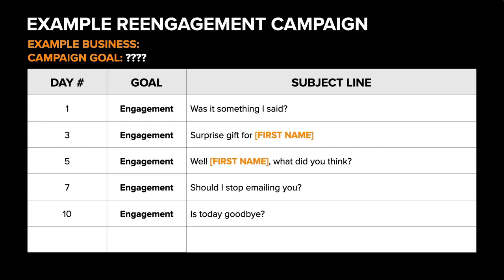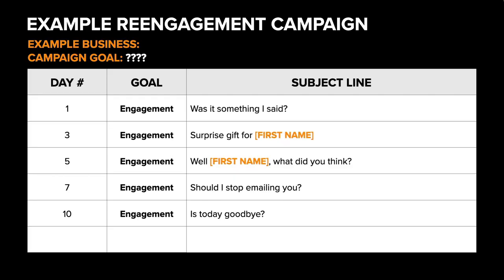is, was it something I said? Right? Let's now get like, what did I do? Let's now get super passive aggressive. Let's kind of now go back and take a new posture of, hey, I've noticed that you're not opening my emails anymore. Like, was it something I said? Did I not follow through? Like, are you not interested anymore? What can I do? Like, I need to know, are you still interested in getting these? All they have to do is click and they're on the list.